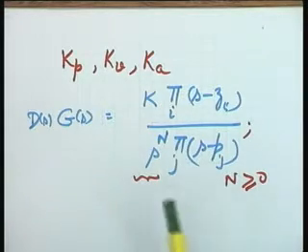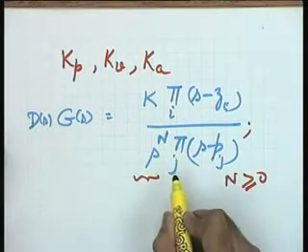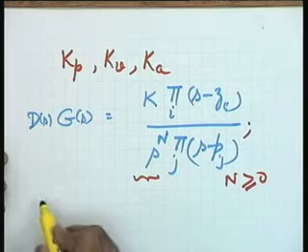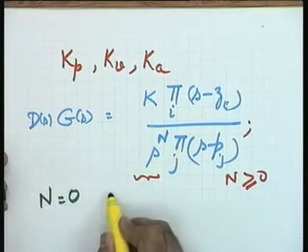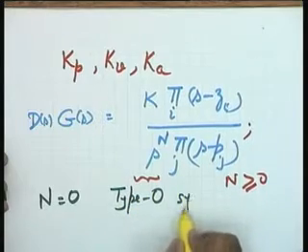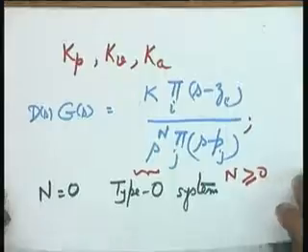Okay. So, it is because of this only that a specific name has been given to this system with respect to s to the power of n. Please see that if n is equal to 0, the system is referred to as a type 0 system, because it has a major role to play, as you will see. His question also will get answered when I take the values of inputs.